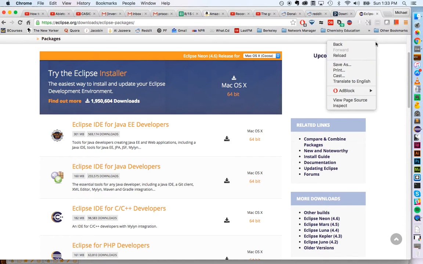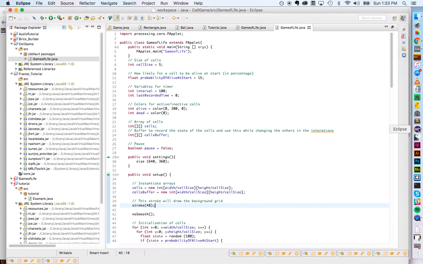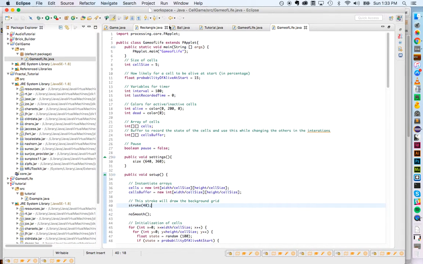So finally, once we have these two things downloaded and installed, we're going to want to open Eclipse and create a new project. So you can pause this video now and make sure that you've downloaded both Eclipse and Processing. Okay, so next thing we're going to do is open Eclipse, and you'll have your workspace opened,